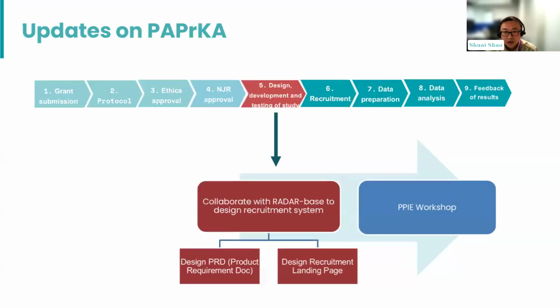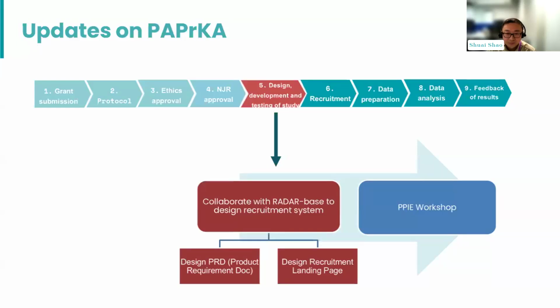To reach our goal, we have set up a clear plan that keeps us on track and helps us make steady progress. First, we successfully submitted our grant application. With the project moving forward, we developed a detailed protocol establishing guidelines on how data will be collected and linked. Next, we obtained ethics approval, a crucial milestone that ensures our study is conducted responsibly. Approval from National Joint Registry followed, granting us access to relevant surgery data essential for linking clinical records with our collected activity data.